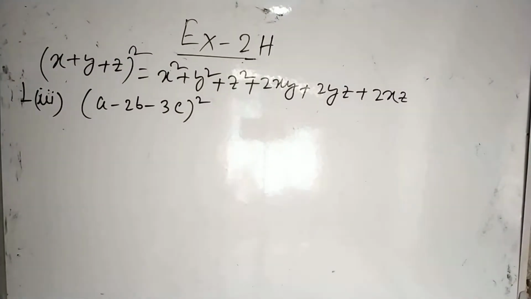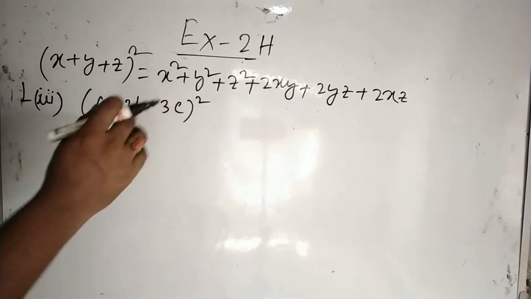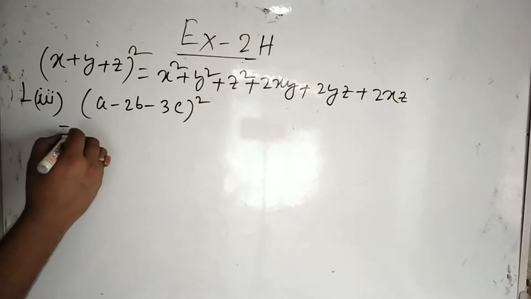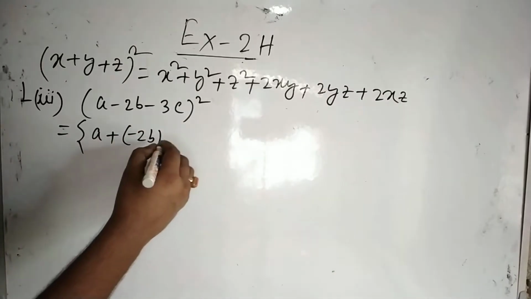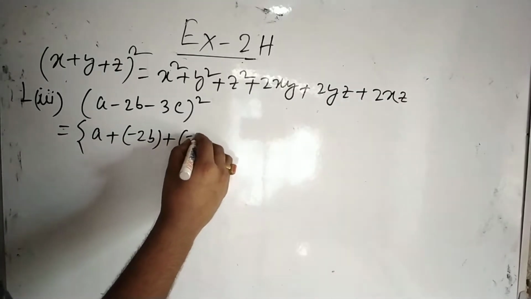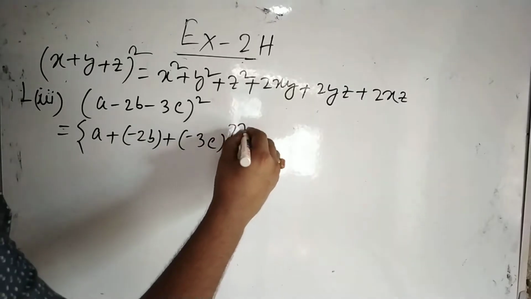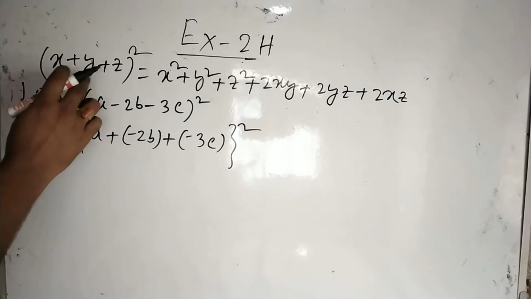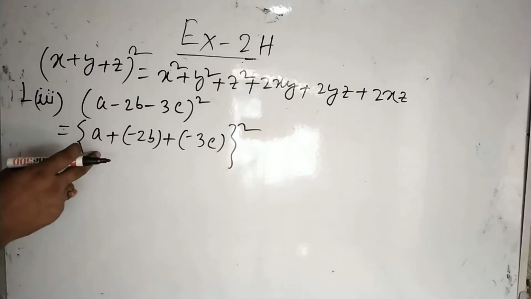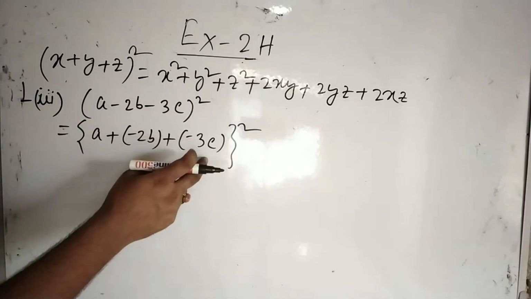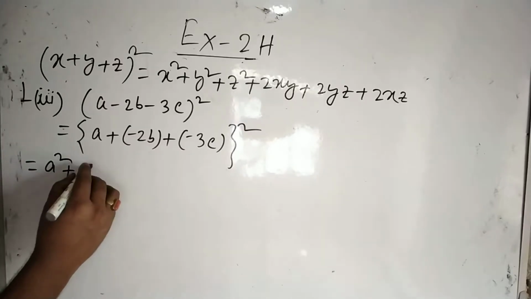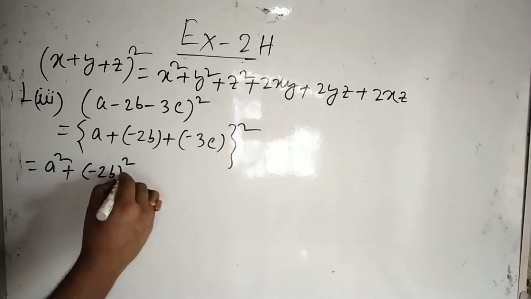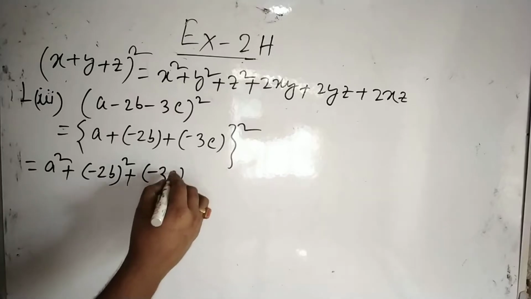Next one is 1 Roman 3. A minus 2b minus 3c. We can rewrite this one as (a plus of minus 2b plus of minus 3c) whole square. Again use this formula. Here x is a, y is minus 2b and z is minus 3c. So x square is a square plus (minus 2b) whole square